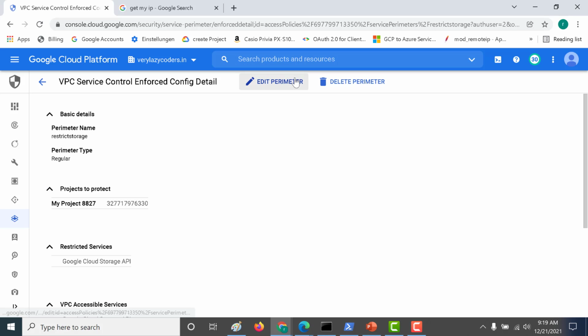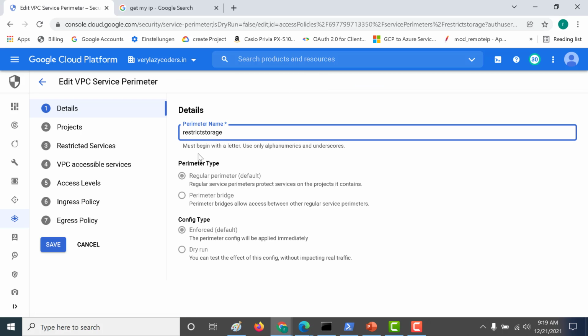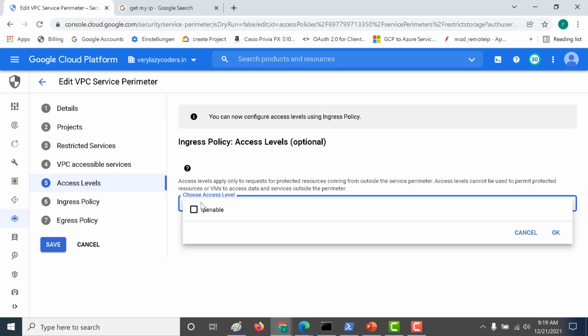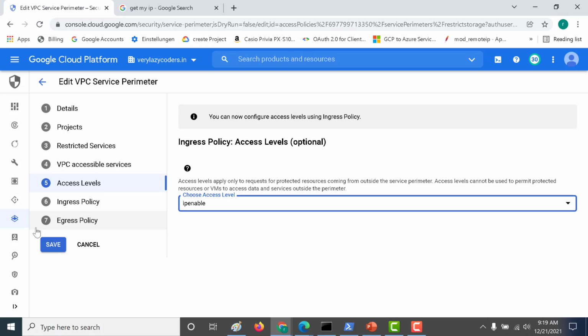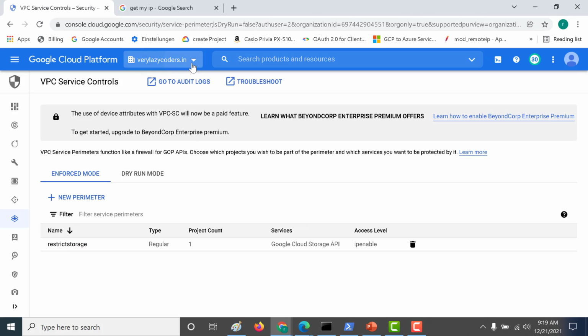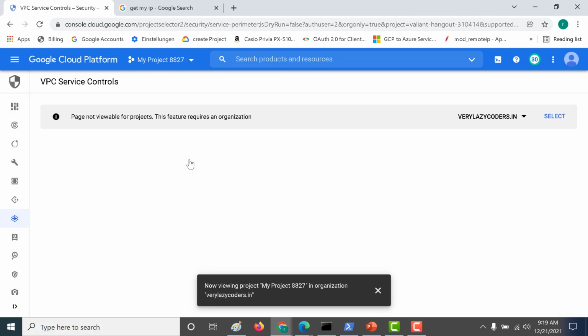And let's include that particular access context as well. Let's click on edit perimeter and go to access control. Here, if you open the drop down, you'll see this IP enable as well. So you just need to enable this, click on OK and save this. And it has been updated. So let's go back to our particular project and see if we are able to access our cloud storage.